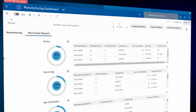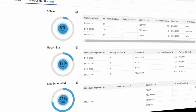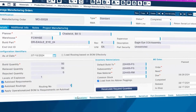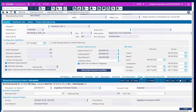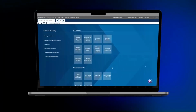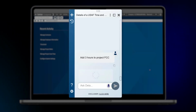Optimize operations with Costpoint, Deltek's leading ERP specifically designed for government contractors. It centralizes project management, accounting, and manufacturing, streamlining and digitizing the production cycle to reduce bottlenecks and help you meet strict compliance standards. And with AI-powered capabilities from Deltek Dela, your intelligent business companion, you can be more productive and